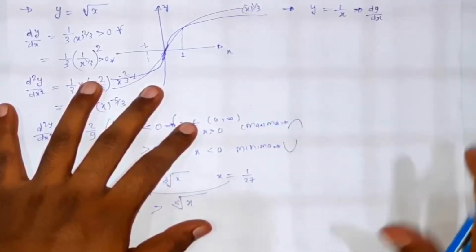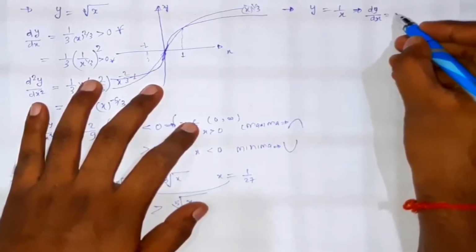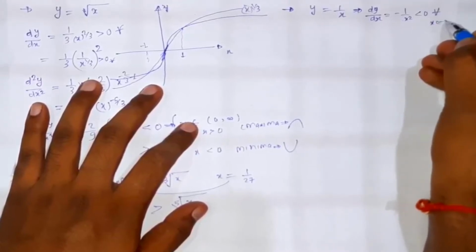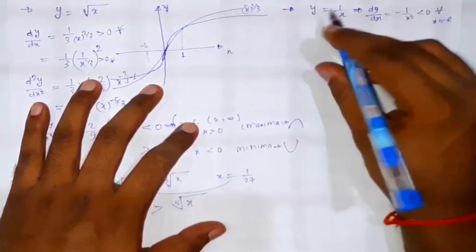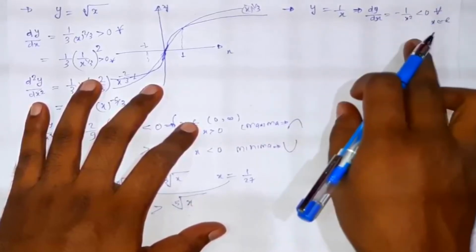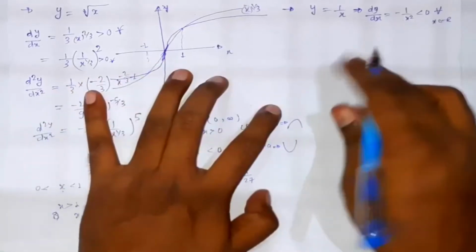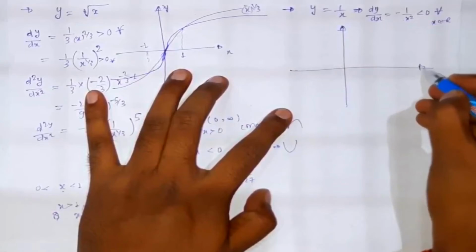To check whether it is increasing or decreasing, what will we do? The derivative will be minus 1 by x square, which will be negative for every value of x belonging here. Okay, because x square is positive and the negative sign is there. So this function is decreasing. So the graph of this function will be decreasing. Again, with this information we can draw the graph of this function. Okay, this is y, this is x.